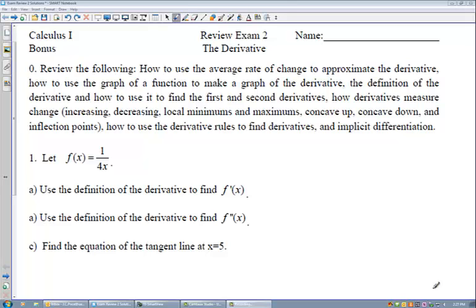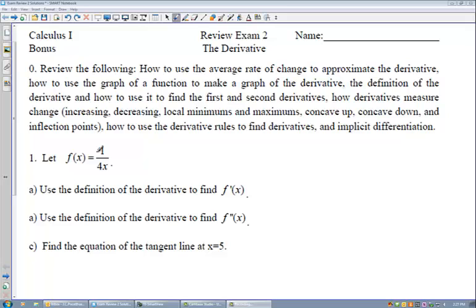Alright, this is a review for exam 2 on the derivative. As you can tell, I'm probably going to lose my voice, but we will go as far as we can go here. So, this exam, we did part 0 in class, so we want to pick up here